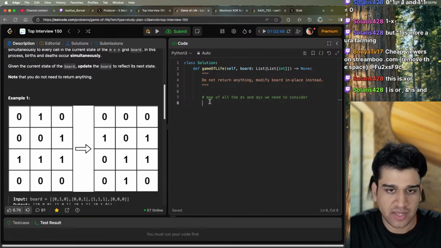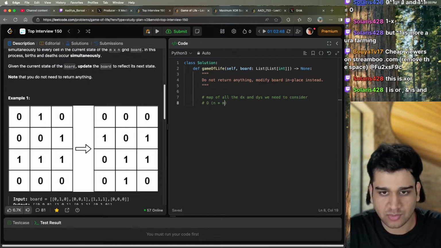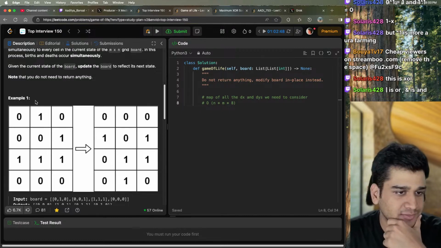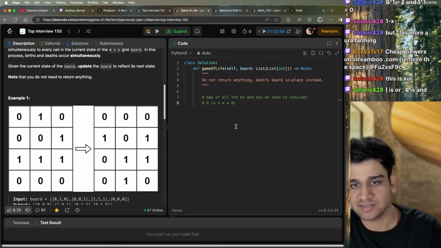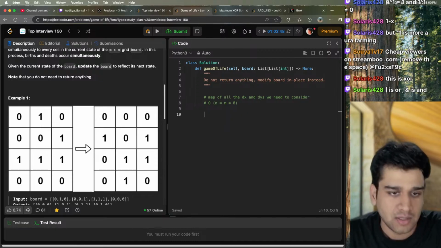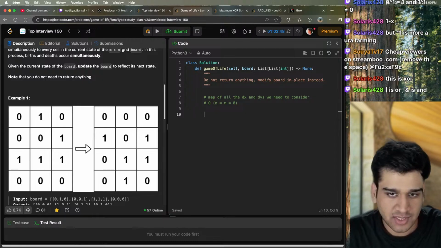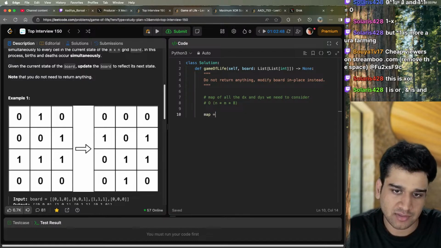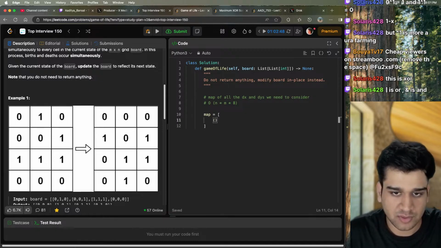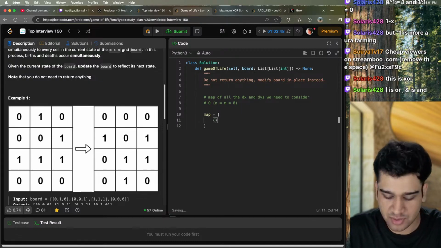Essentially we will have a complexity of n times m times 8, because we are checking 8 positions for each of these cells. For today, I will just quickly try to code this one and see if I can come up with something better, maybe tomorrow. We are not supposed to include 0, 0. So we will go